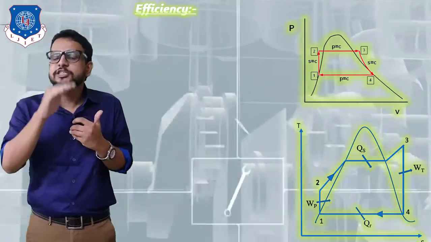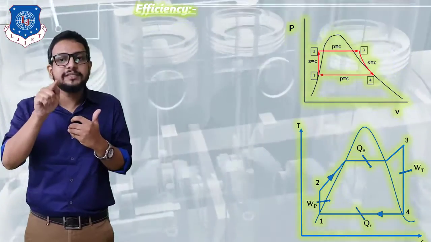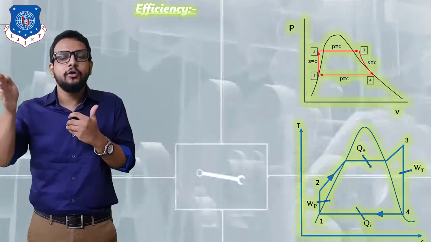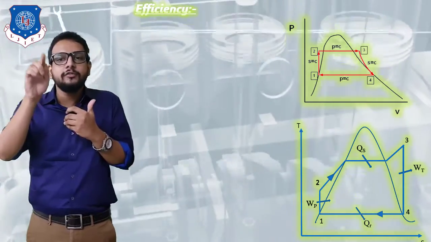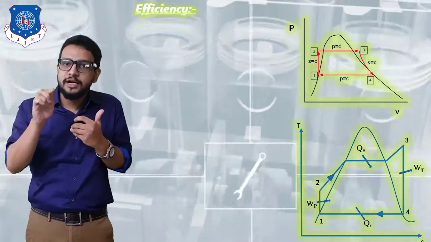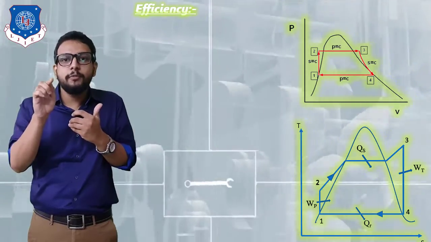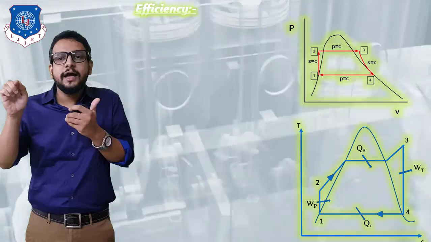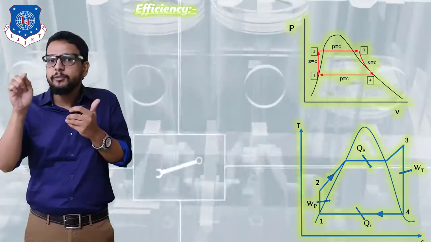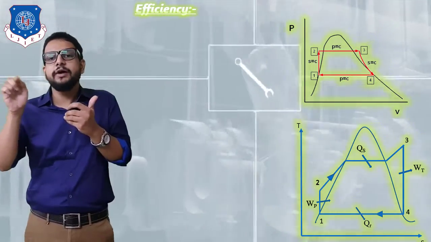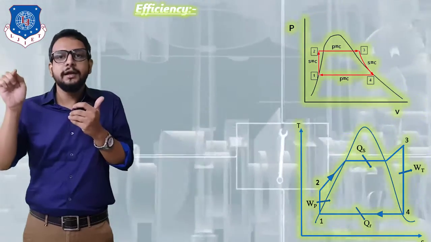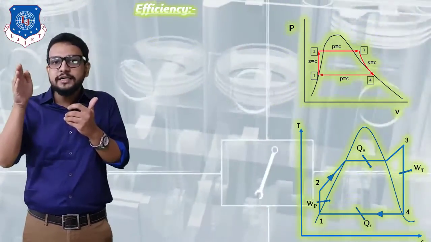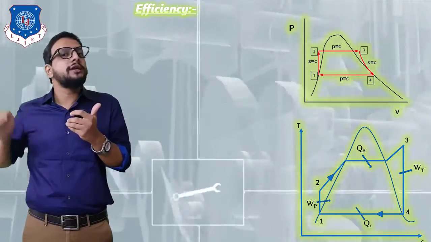Okay, along with that, pressure is going to remain constant. So that is represented by a straight horizontal line from state 2 to state 3. Okay, so first it is cutting a curve, that is a line of a saturated liquid line. At that point we are going to obtain a saturated liquid, and cutting another curve, that is our line of a saturated vapor. At that point we are going to obtain a dry steam, and finally we are reaching point number 3. At that point we are going to obtain a superheated steam. Okay, now that superheated steam at point 3 is going to enter into a turbine.